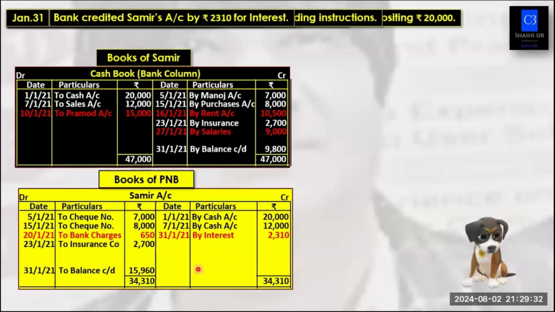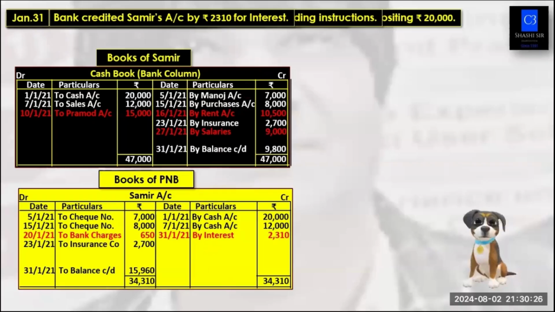This happens actually in practical life. Whenever you are having numerous transactions with the bank, the balances shown by your book and the bank's book, the passbook, will never match. And for finding out the reasons, a statement is prepared to know the reasons of differences between the balances shown by these two books. We prepare a statement known as bank reconciliation statement. So now we will prepare bank reconciliation statement